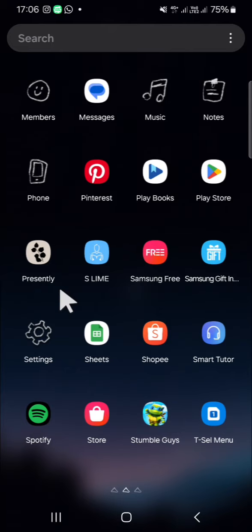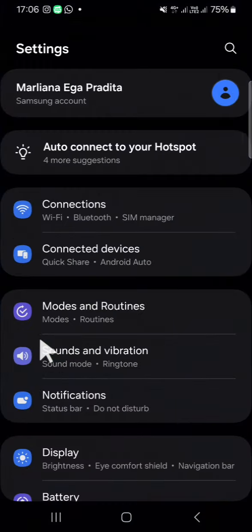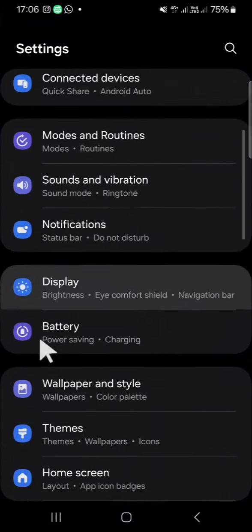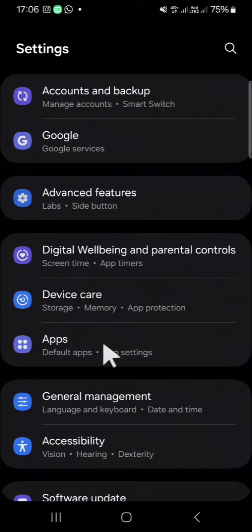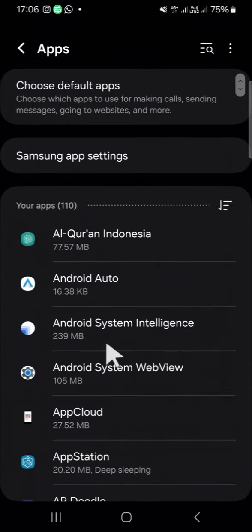First things first, we can open our settings application. And after we have our settings application opened, we can go to the app setting. Click on this app setting, and here we're going to select the application we would like to move to our SD